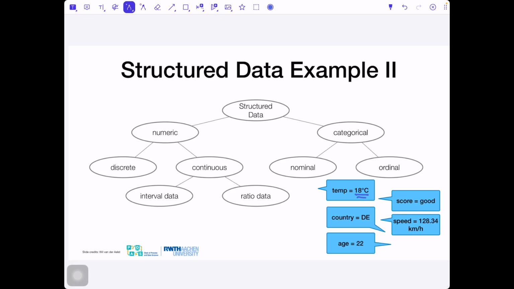So what do you think about temperature? You start by saying it's numeric, or categorical, then for the numeric, is it discrete or continuous, and so on. What do you think about the temperature? Don't be afraid. You did it perfectly so far.